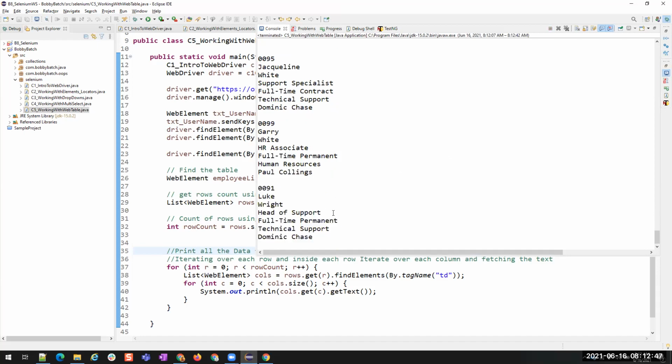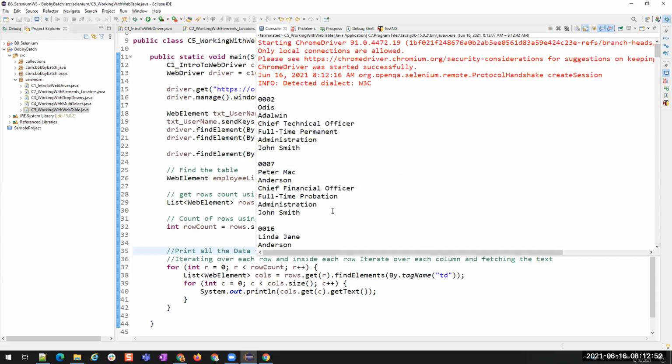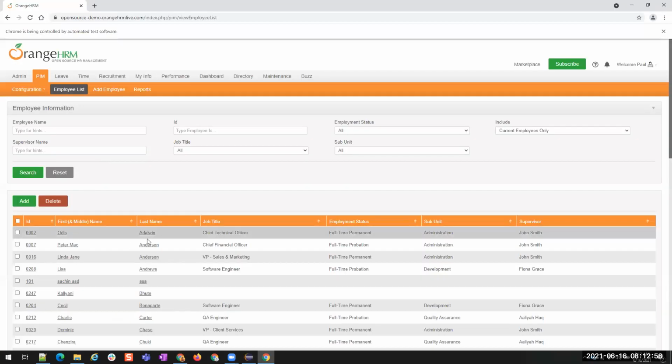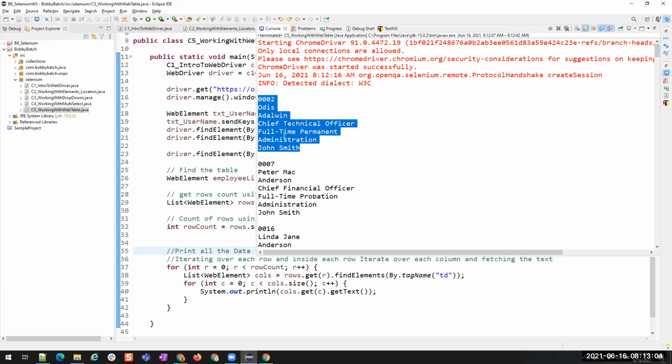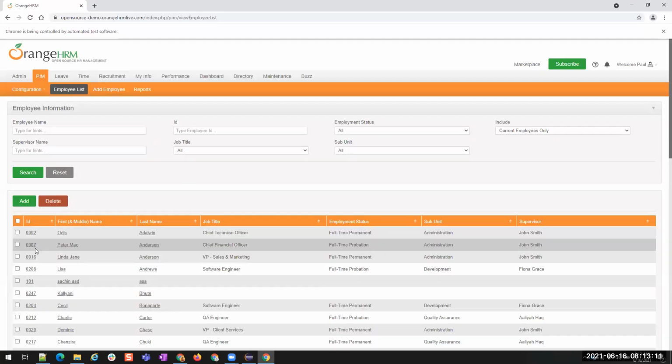Let's see what is the first value. We cannot compare all the rows, but let's see. First one is 002 Odis Adalwin. So this is Chief Technical Officer, full-time permanent administration. And then John Smith. The next is 007. Yes, it's 007.